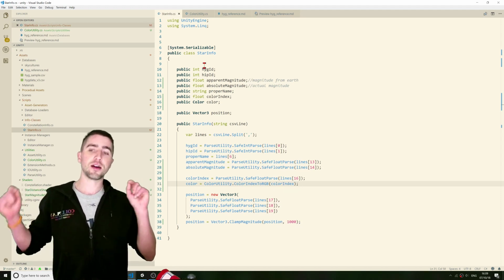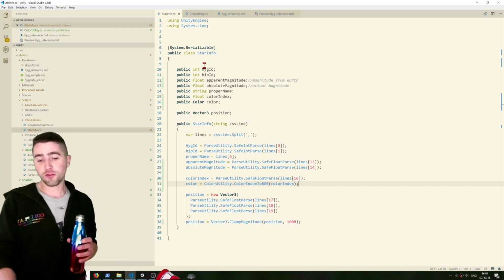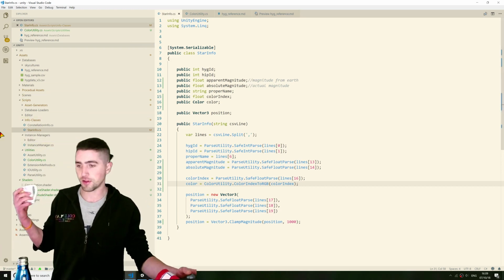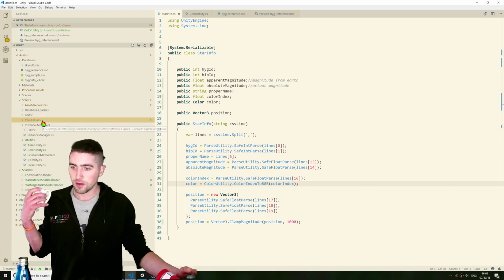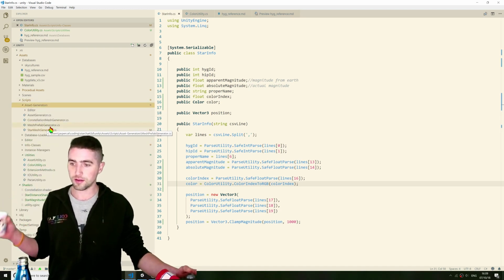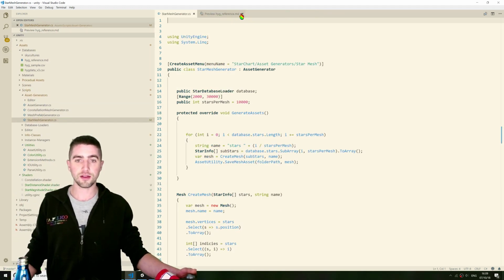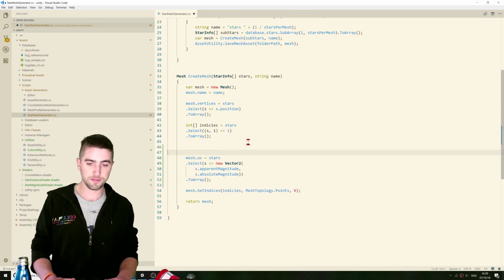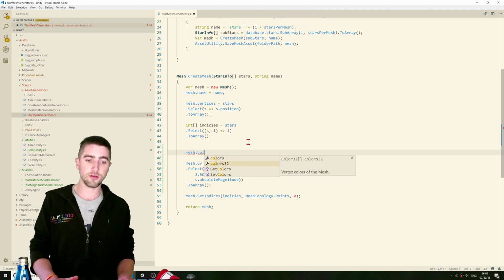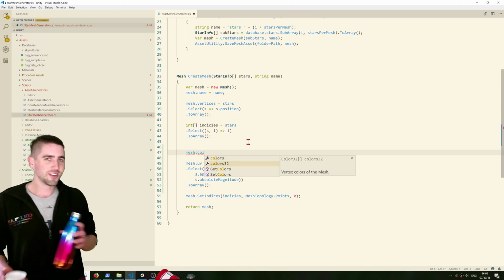Now let's make sure that our color is being passed into our mesh. Now we may think, oh, beautiful, because meshes have something called mesh.colors. For example, if I go into asset generators, StarMeshGenerator, I could say something like mesh.colors32. Oh, well, that's perfect. That's exactly what we're working with. That's where we'd get into trouble, because